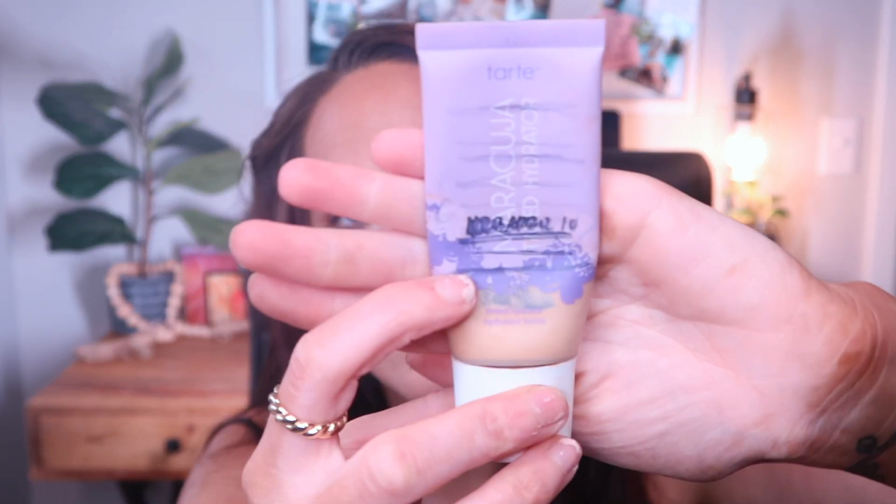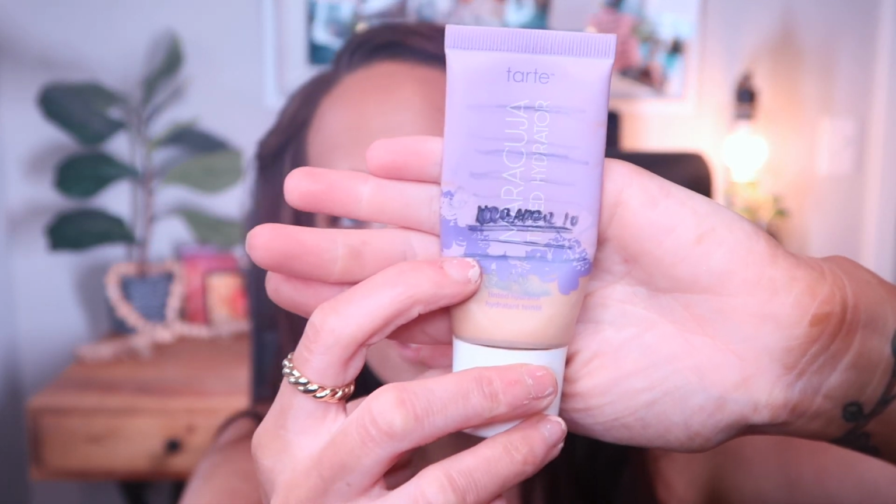Last update, this weighed 23 grams, and I will be honest with you, I like mixing this with my ColourPop Pretty Fresh foundation. So I just ended up squirting the rest of this into my ColourPop Pretty Fresh and mixed the bottle together and shook it up. When I last updated, I was at this line marking right here. I did not completely use up all of this product, but I put it into my ColourPop Pretty Fresh foundation,